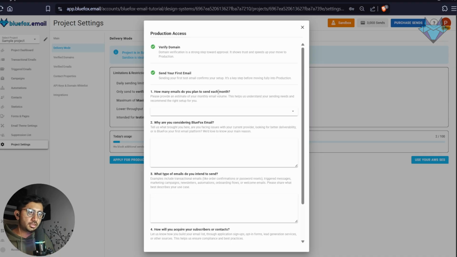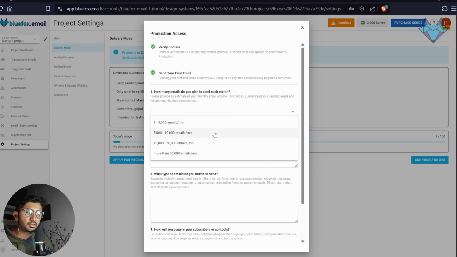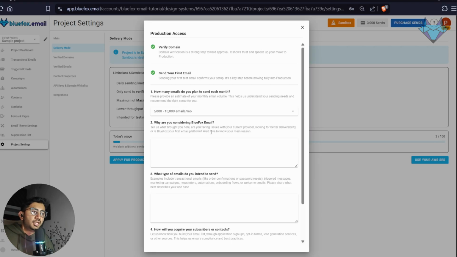Okay, first question is, how many emails do you plan to send each month? Okay, so here I will select maybe 5 to 10,000 emails per month. That is a good volume to send. And why are you considering BlueFox email? I think the very good reason to choose BlueFox email is pricing, because we are way cheaper than most of the competitors in the market,